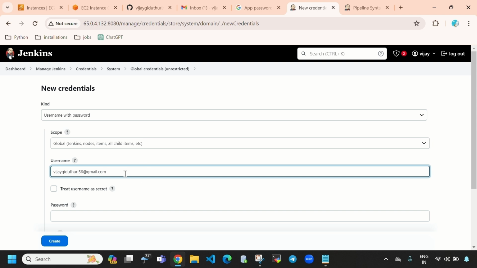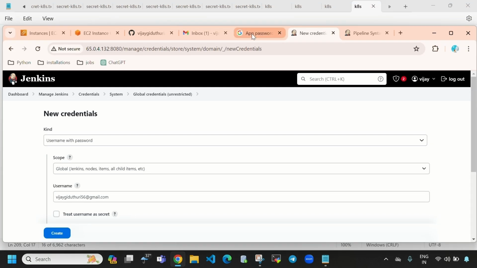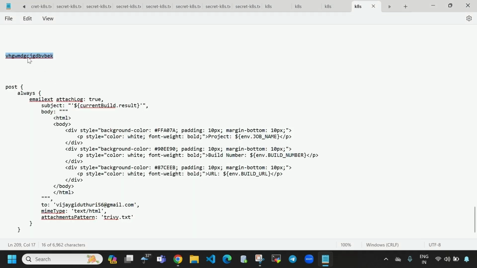So here you need to give your own Gmail username, and previously we have created an app password. Here you can see we have created an application password. So you need to paste that application password. So here you can see this is the application password, so we need to copy this